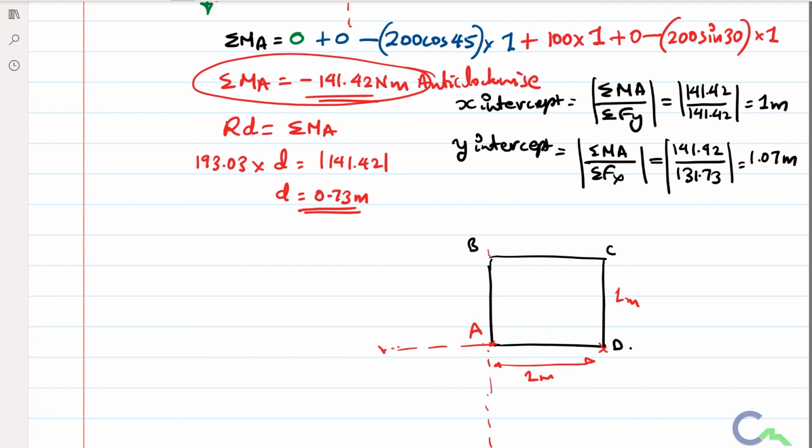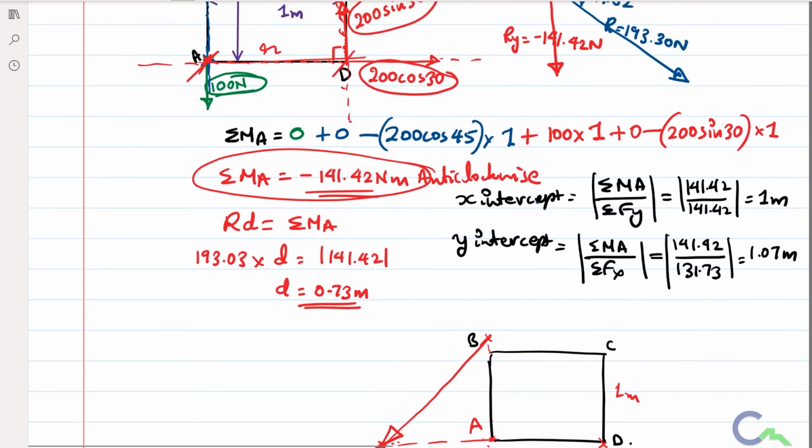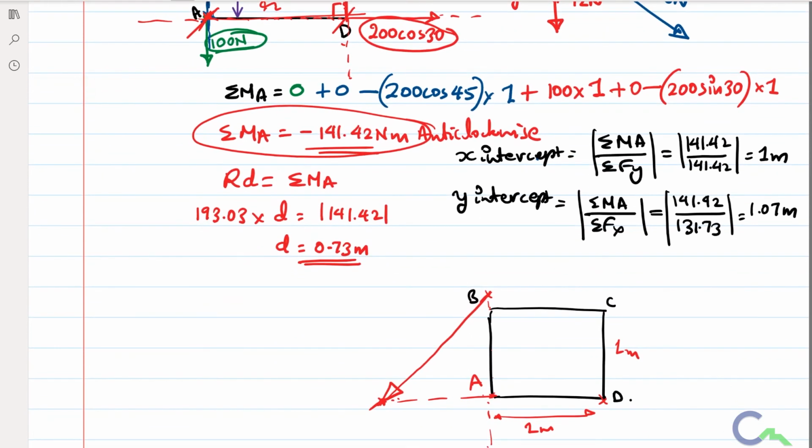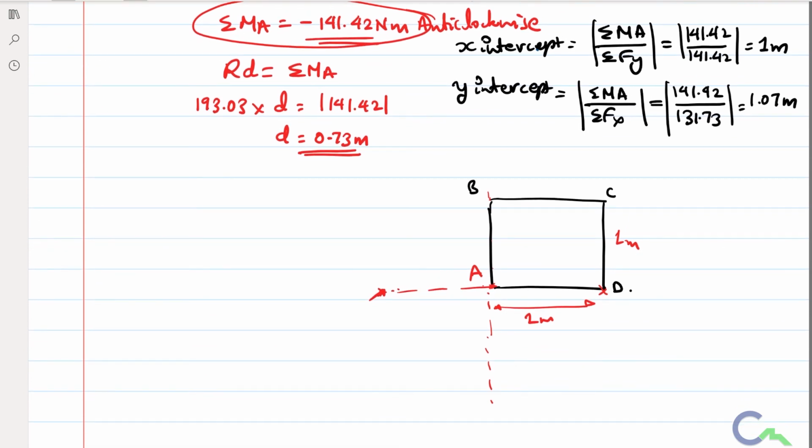So I will take x-intercept somewhere here, y-intercept here only. If I join these 2 points and draw the resultant, my resultant should be in this coordinate only. Therefore this is also not possible. I will do one more trial. So x-intercept I will take here, then y-intercept I will take here. If I join these 2 points, I will imagine that the force is going to act like this.